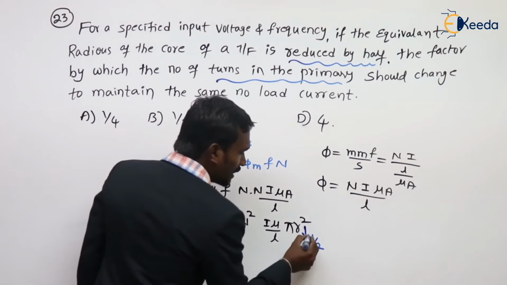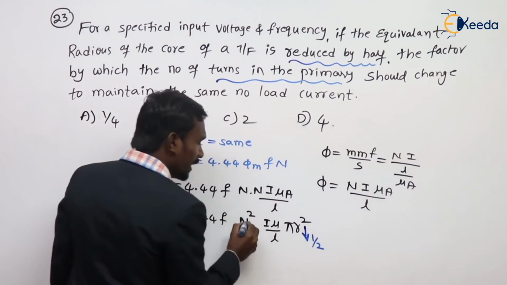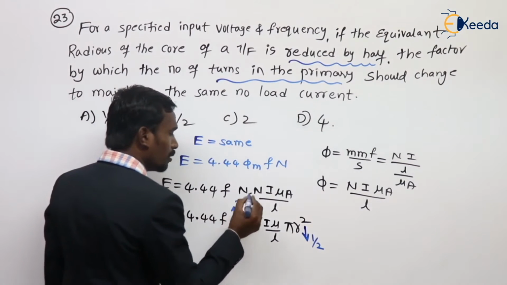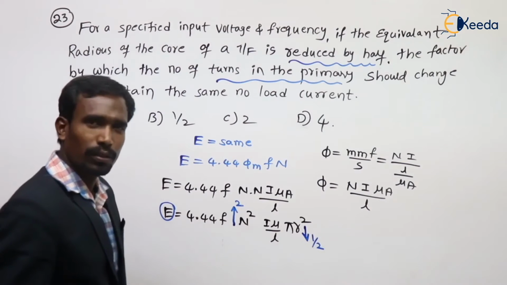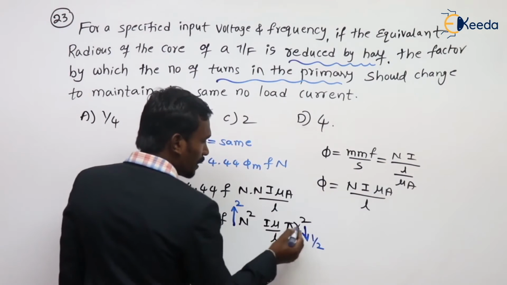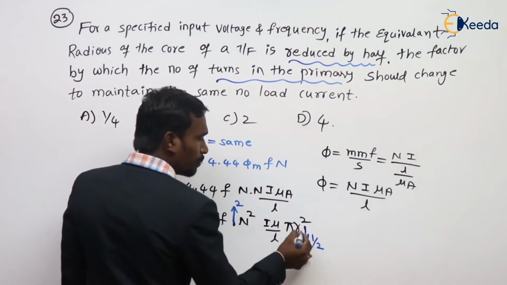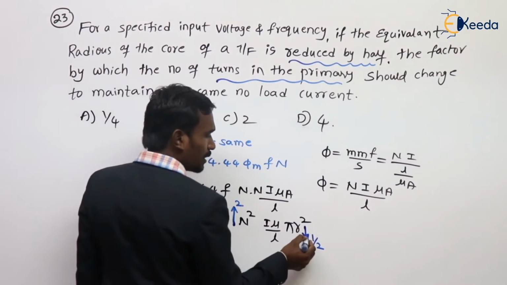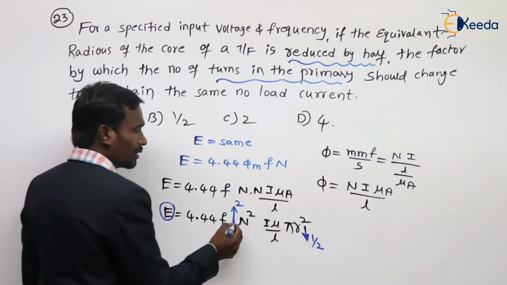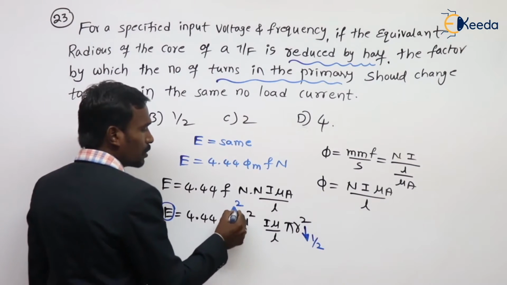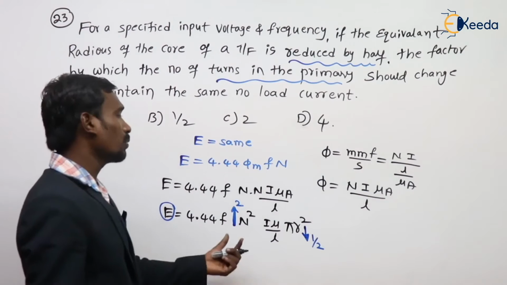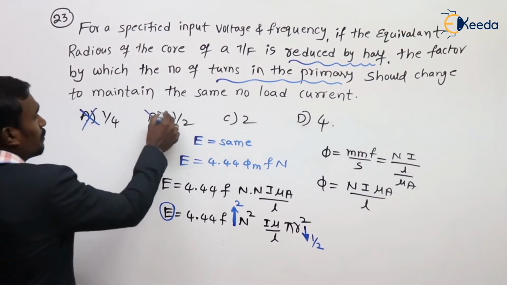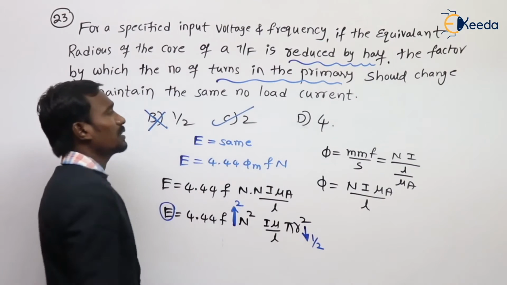Here, if the radius is reduced by half, then to maintain the same EMF, the number of turns should be double. If the radius is half, because of the square, both are square only. So if the radius is reduced by half, then to maintain the same no load current, the number of turns in the primary should increase to double, then only it is possible. So what is the answer? 1/4 is the wrong answer, 1/2 is the wrong answer. Doubled is the correct